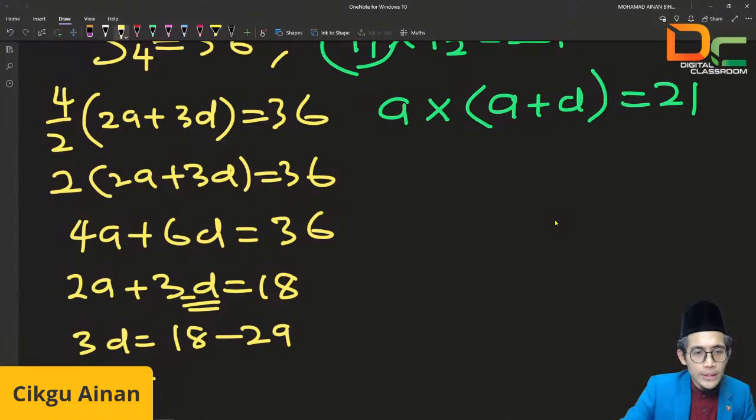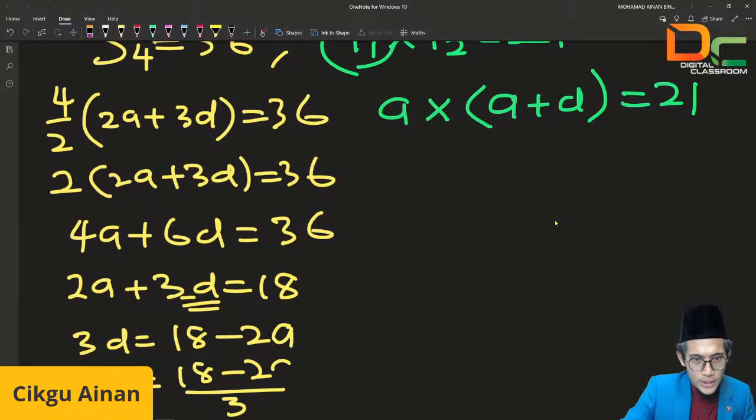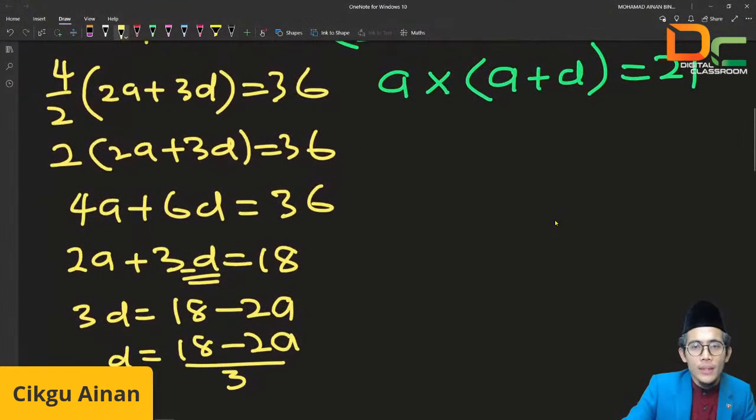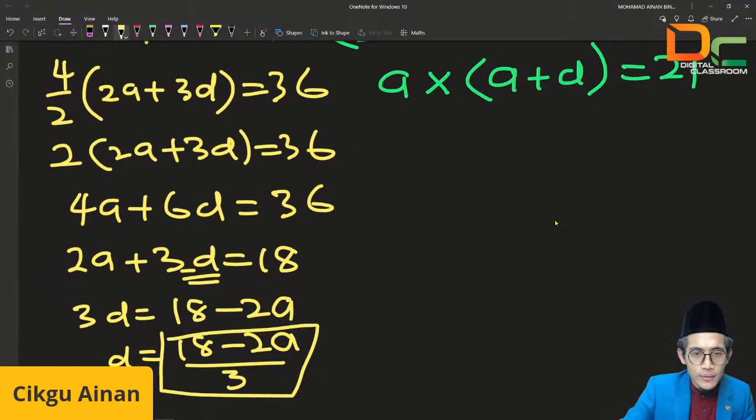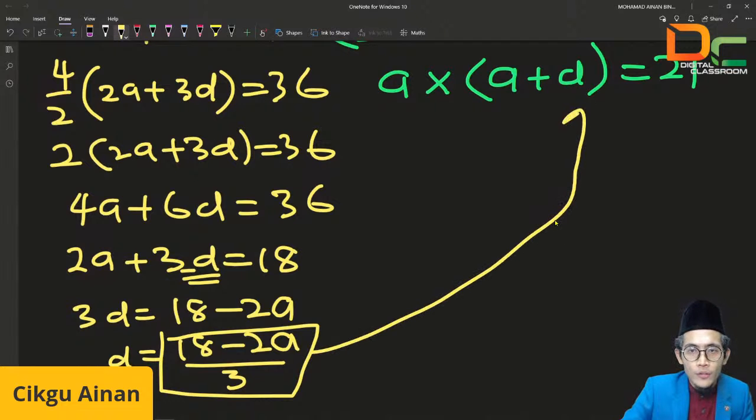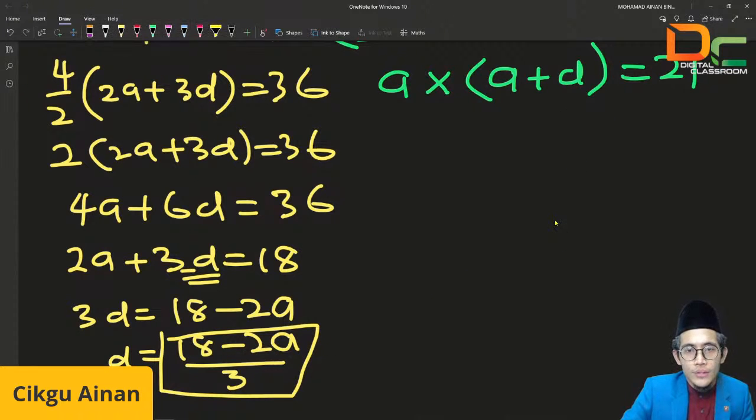Then, D equals 18 minus 2A over 3. Okay, sorry. Like that. Oh, I can't see it. Okay, so we get the D over here. Put it over there. Okay. So it's